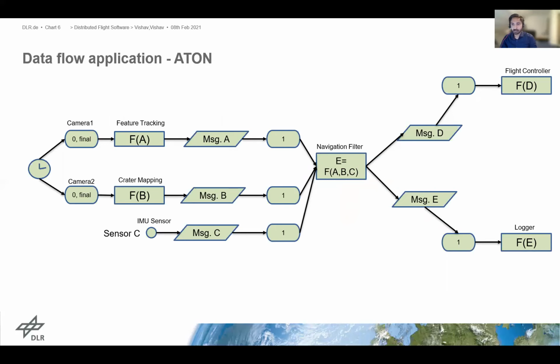One such example is the project Athon. As we see, the application has quite a data-driven paradigm. Two cameras capture images at regular time intervals, and together with the inertial measurement unit sensor, the images are processed by the navigation filter to estimate the output position. This information is then logged and sent to the flight controller. Parallelism can be realized effectively on such a flow. For example, the camera 1 and camera 2 processors can be executed independently. The same can be applied to the flight controller and logging operations.